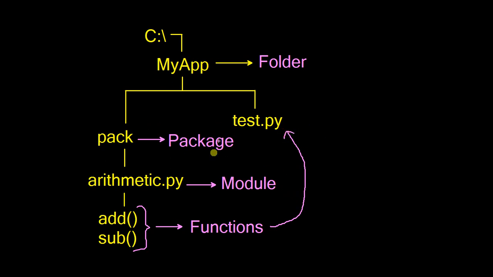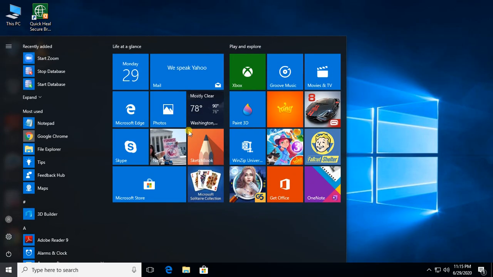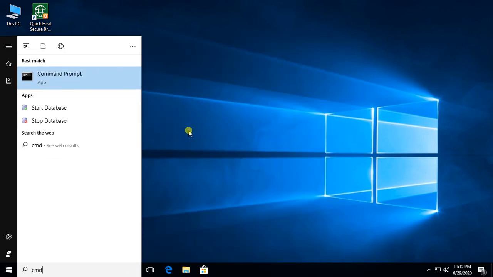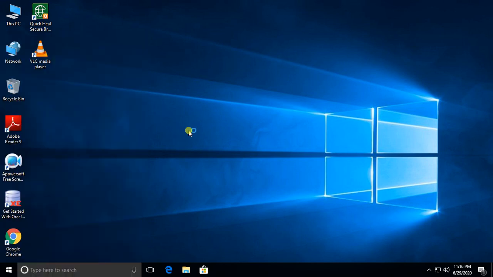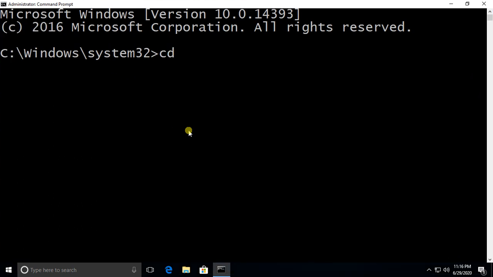See, according to this folder structure, first open the command prompt. Here type cd slash, it comes to a root. Here md my app, folder created.